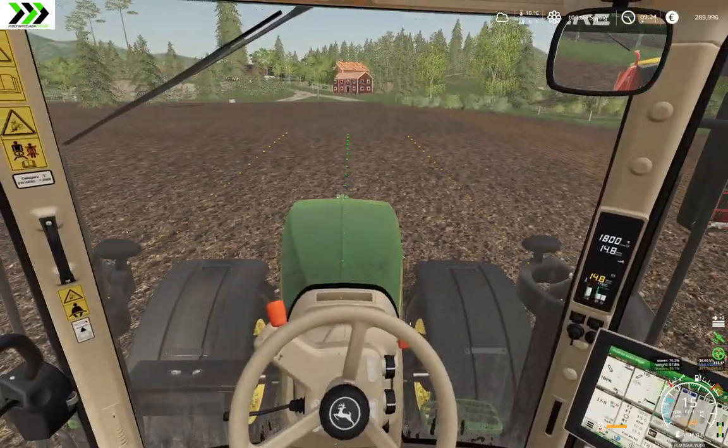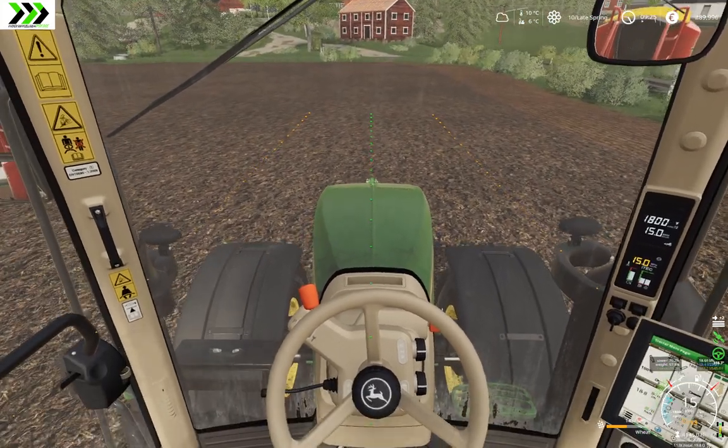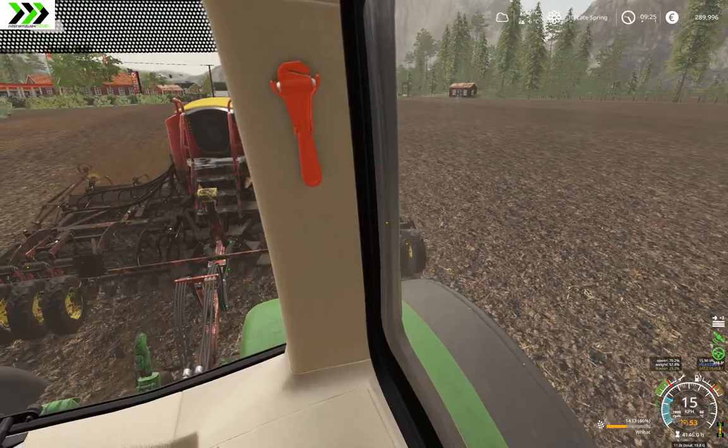Well, not most of our fields. We're planting wheat on these fields. We're gonna do 1, 11, 4, 2, 1, this one, 3, and 5, I believe. Maybe even this one, but I'm not 100% sure about it. And then we'll plant the canola on the rest of them, and hopefully we'll make some money on the canola, and the wheat will go to our chickens,